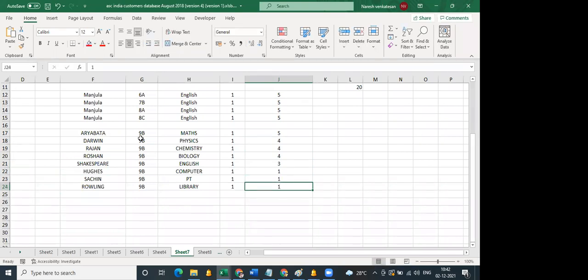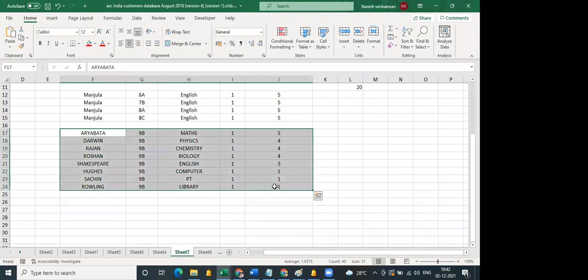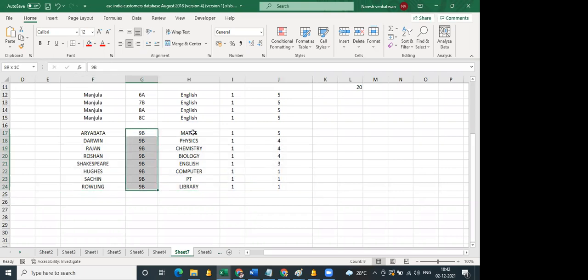So this is the creation of your class-wise timetable. You can key in all the details of the class alone. You can enter the class detail and the relevant subjects and the relevant teachers.